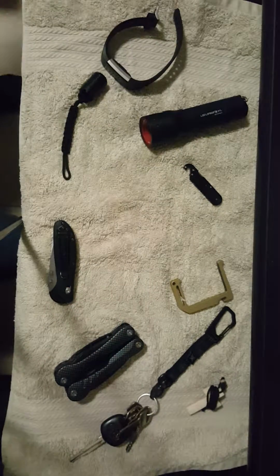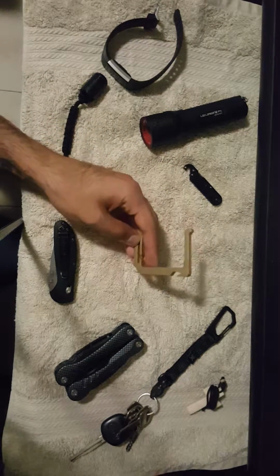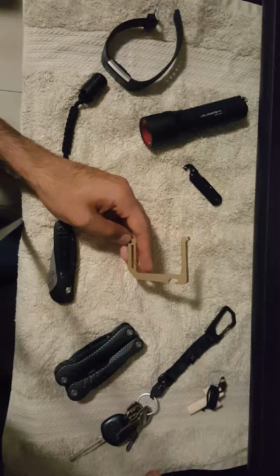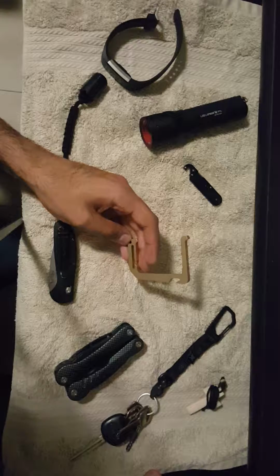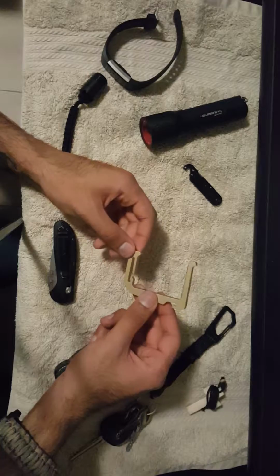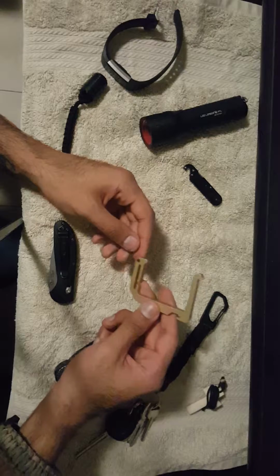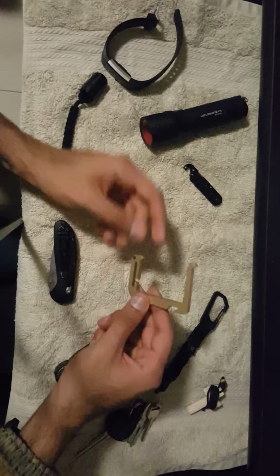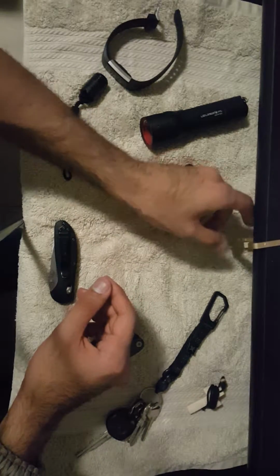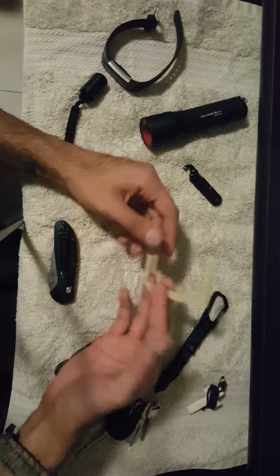Next thing that you guys have already seen is my Dango loop hook, which is pretty much a little device that acts as a hanger for whatever you need: bags, clothes, keys, a bottle opener here, and a little hole where you can detach keys and take with you on your person. This is something that I use when I am at work for hanging my bag. So you hang it over the desk like so, with a bag hanging over, or anything that you carry with you, like headphones,